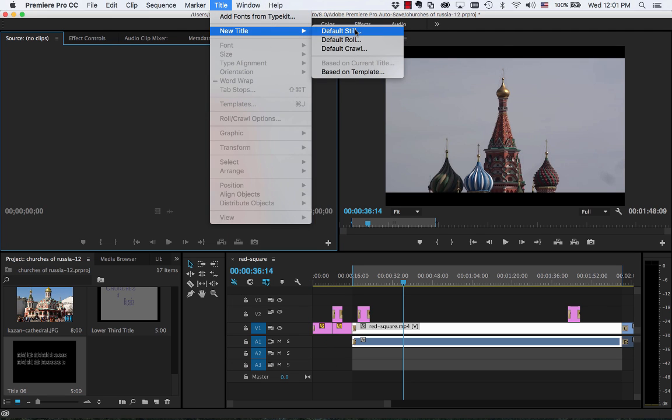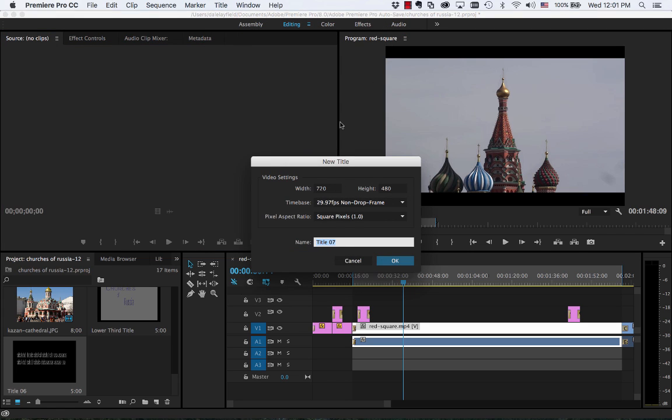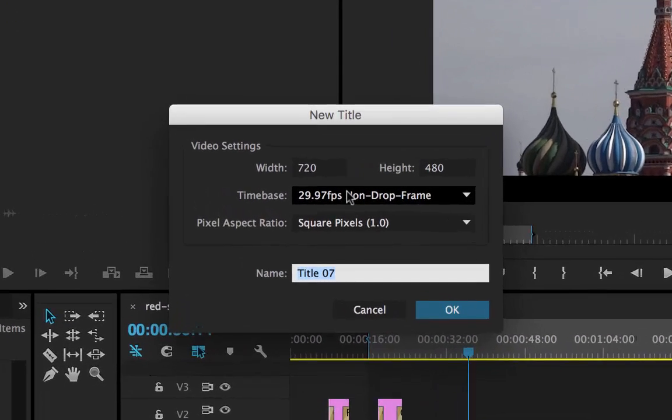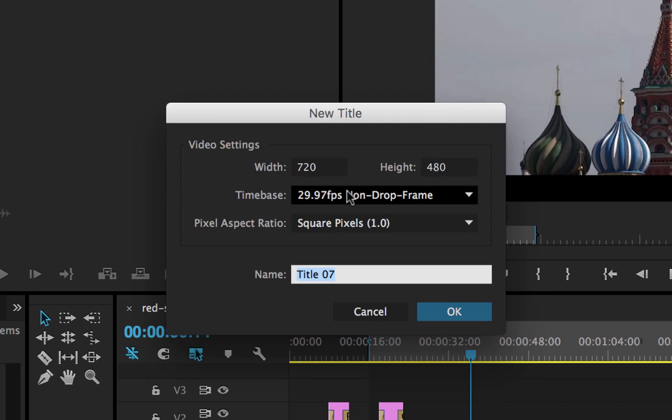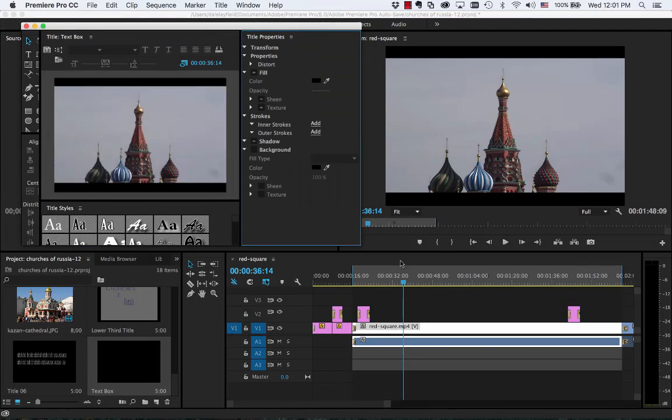Whenever we choose default still, that will first of all allow us to give it a name. It will then show up, and this little thumbnail will show up right over in the same location where all of your video clips show up. We're going to give it anything that you can remember, essentially your text box. So we'll name it text box